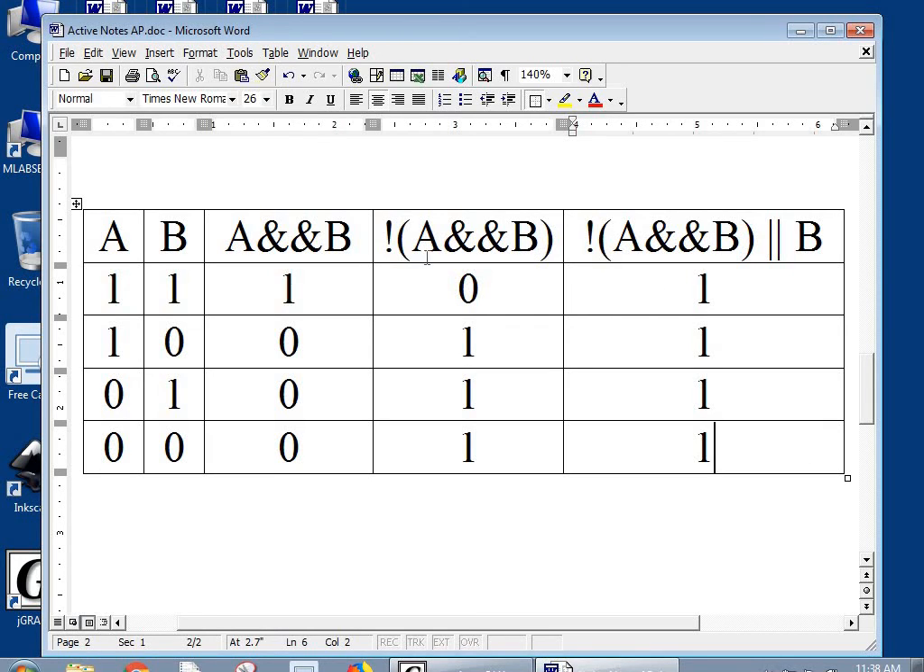So anyway, this is just a sample of a more complicated one. That's it for